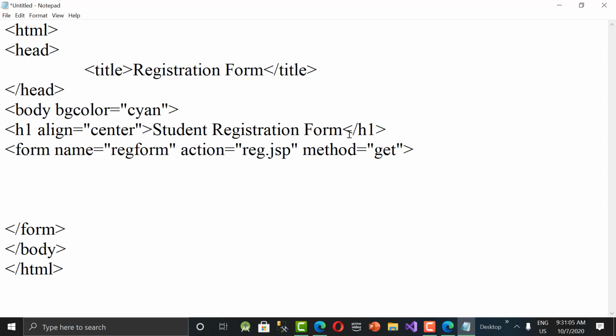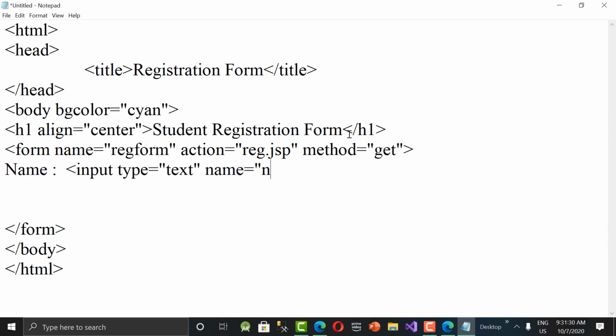In between what we write, we are writing input elements. So previously we were writing like name here directly, like name of the person, and then input type is equal to text, name is equal to, with what name you want to refer.